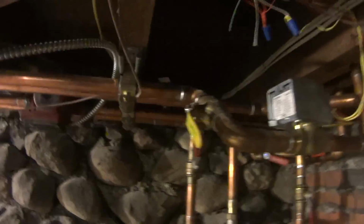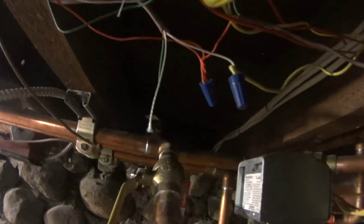It's just this wire comes and goes right here. That senses if this one's off, and this one here also senses. This one here gives power to this zoning valve, and it also gives power to this thermostat wire, and it gives power to this red one here, and this one also gives power to this green wire, which comes down to this thermostat wire here, and that gives this